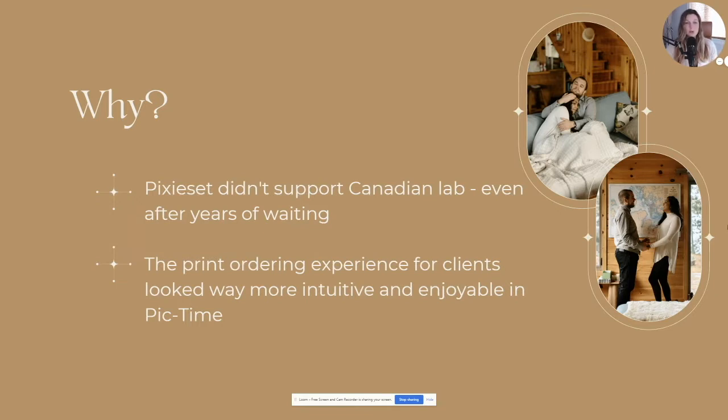It just looks way more intuitive and also enjoyable within Pic-Time because they have some kind of robots working in the background. I am like the worst at anything to do with technology. Like I am the worst. So of course I'm like, they have robots working in the background that somehow insert their favorite images into an image of a frame that you can hang on the wall,